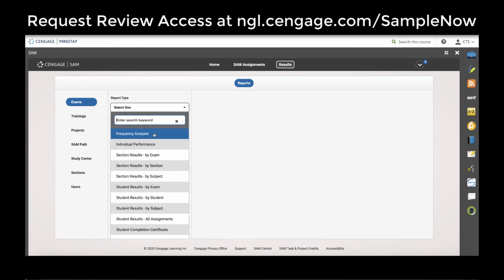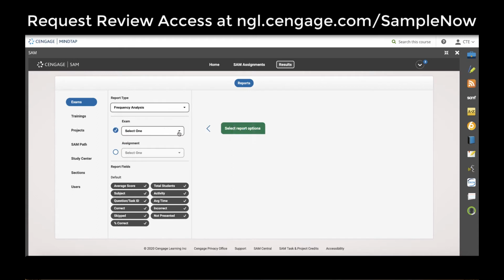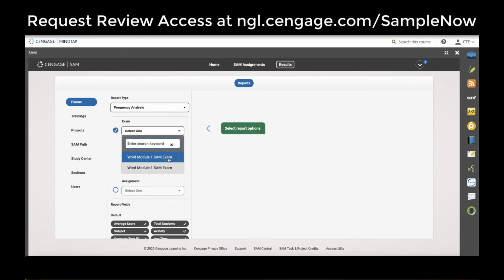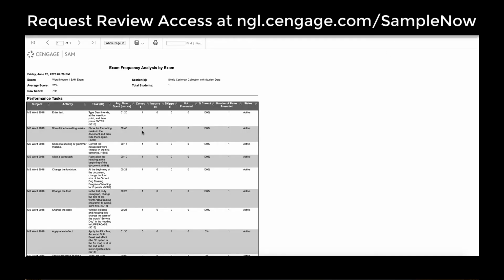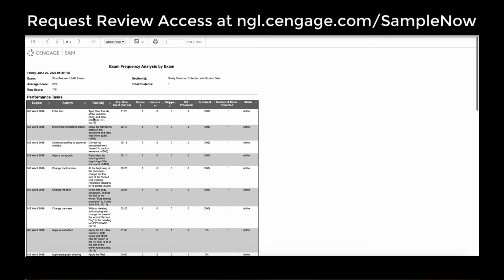A commonly pulled report is the frequency analysis. You'll select the exam assignment you want to see, and then select your section and click Generate Report. A new tab will open with the exam frequency report. The frequency report will show you by task in that exam how your percentage of your course did on that